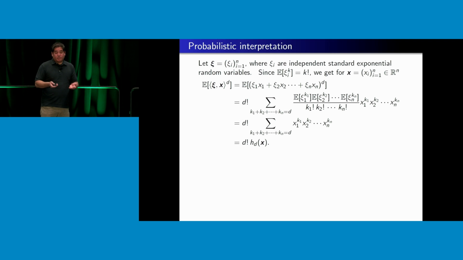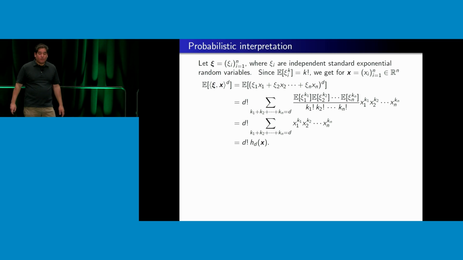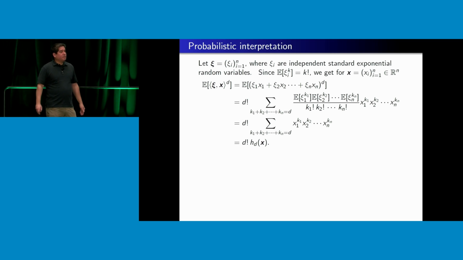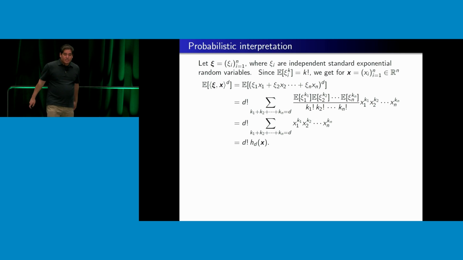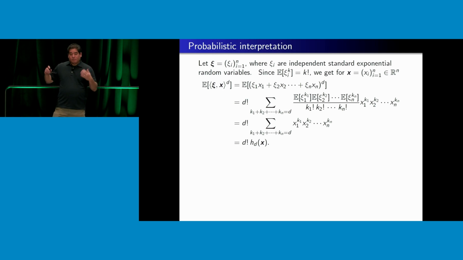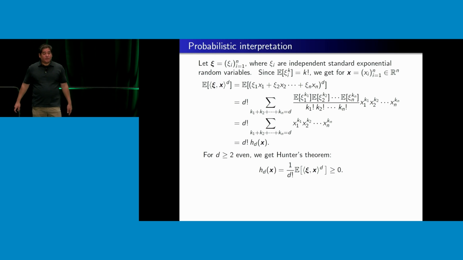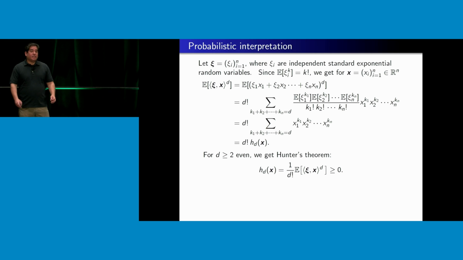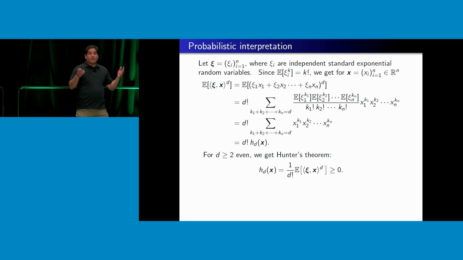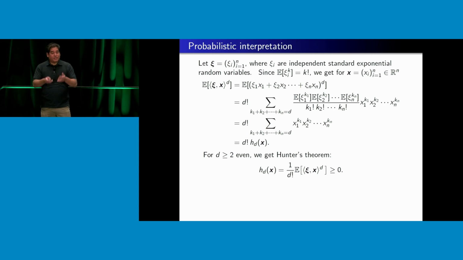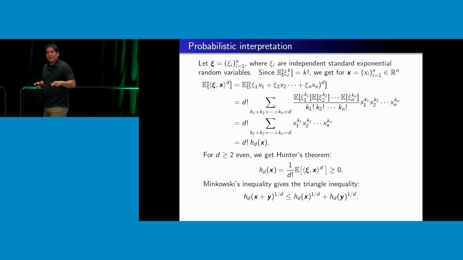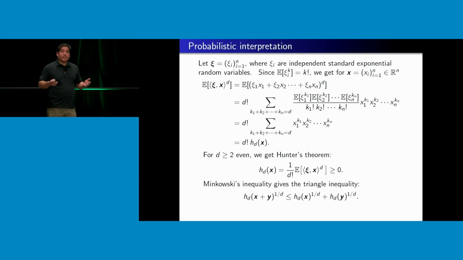So it's an interesting result. I can't claim that we did it; it's a known result. It's a better probabilistic interpretation, I think, than the other one. It's kind of straightforward, a nice little computation. But essentially, what do we have here? The CHS polynomial evaluated at some vector x is essentially an expectation of something positive, because d is going to be even in what I'm going to do next. So we get Hunter's theorem again. The positivity of the CHS polynomials follows because I'm taking the expectation of something that's guaranteed to be positive. And so it also gives us the triangle inequality via Minkowski's inequality for expectation.